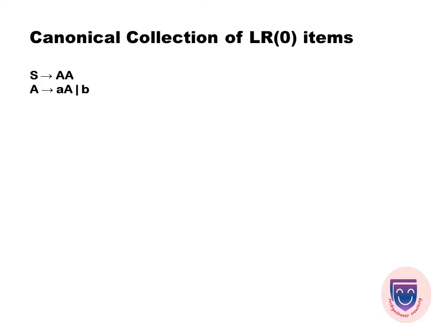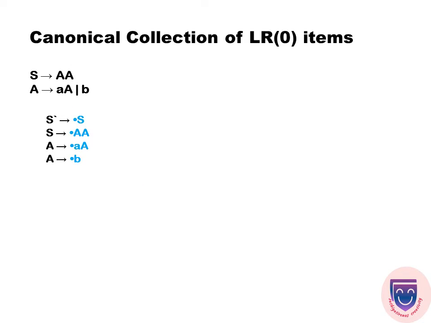After adding the augmented production, we have to find the canonical collection of LR(0) items. Let me take the same example here. An LR(0) item is a production with a dot at some position on the right side of the production. LR(0) items are useful to indicate how much of the input has been scanned up to the given point in the process of parsing. Using this, we are going to reduce the input. So I have inserted a dot symbol at the first position of every production.